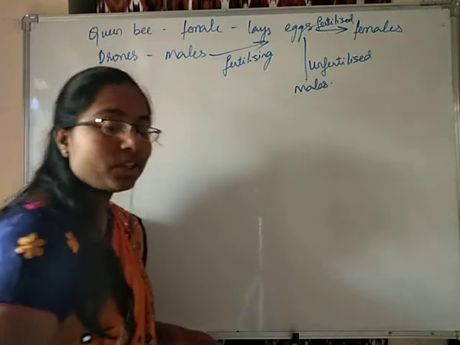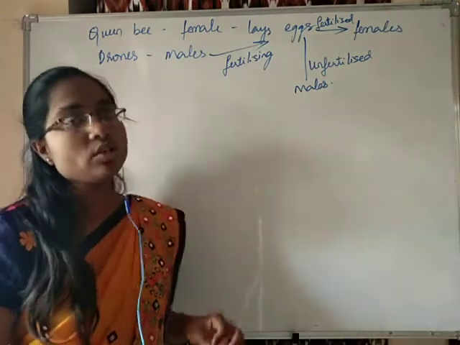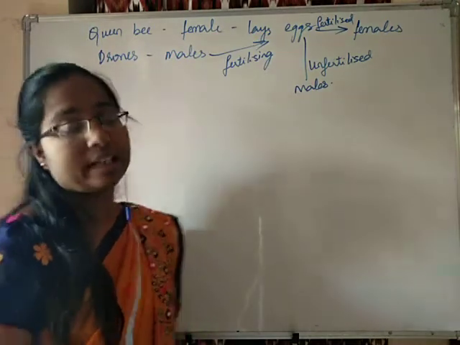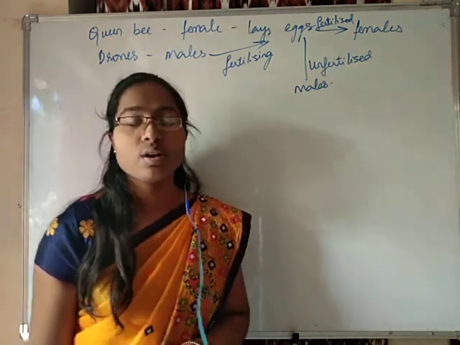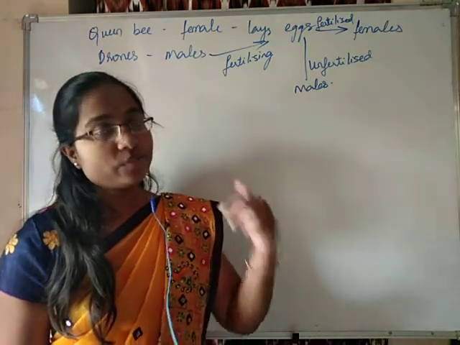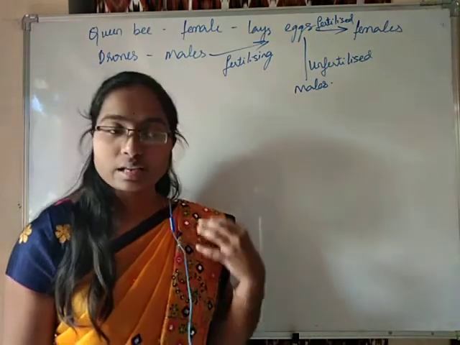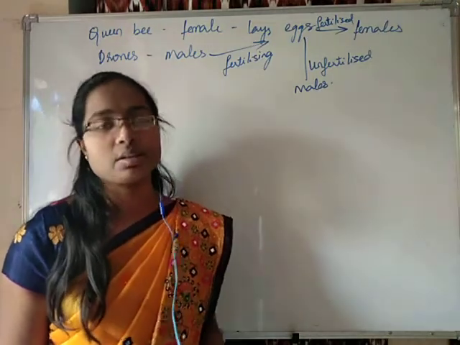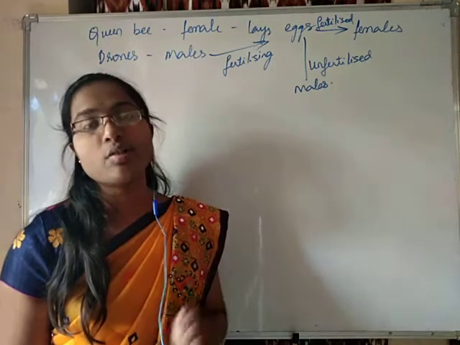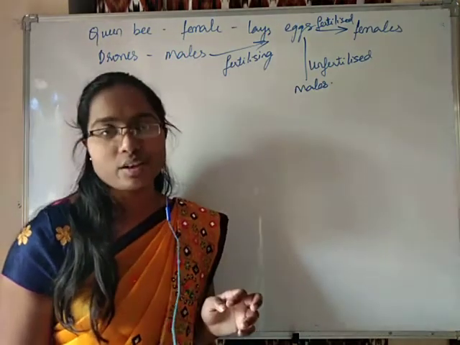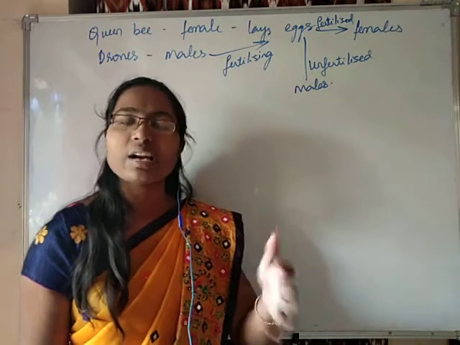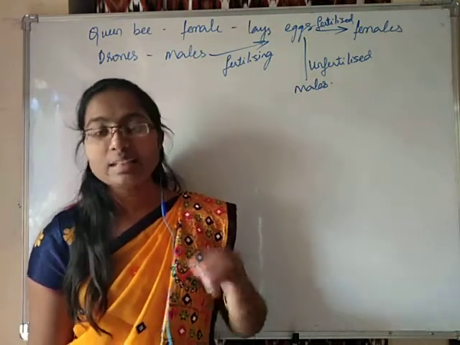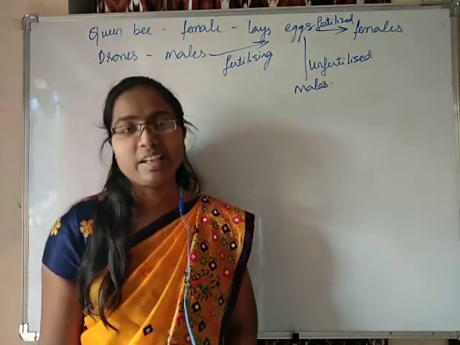So here you observe in case of honeybees that in the formation of females, males are involved, because males have to fertilize the egg, then only females will be produced, right. The sperm has to fertilize the egg produced by the females. Whereas in case of formation of males, males are not involved. Just the unfertilized egg is going to give rise to males. So in the formation of males, there is no involvement of male individuals.